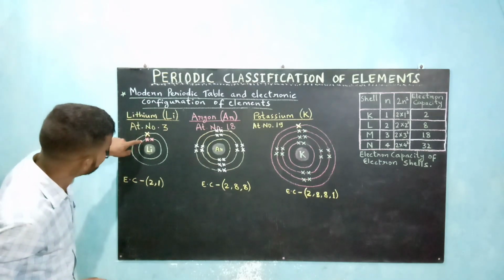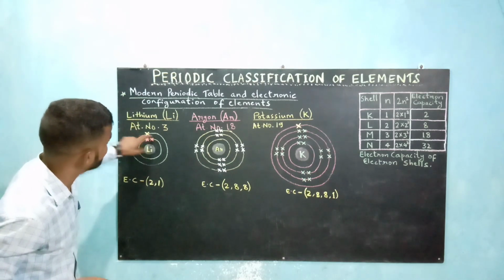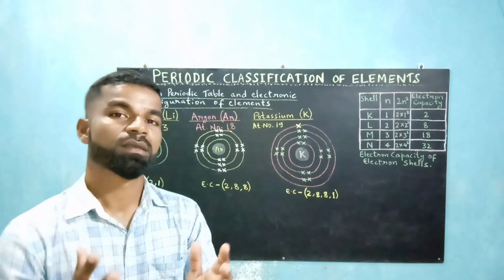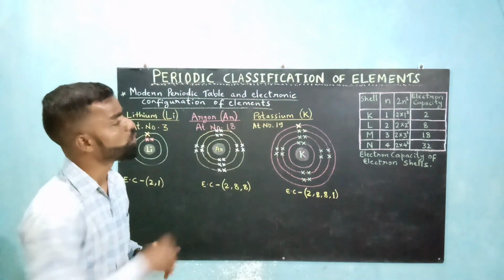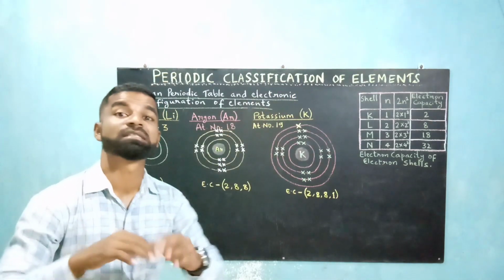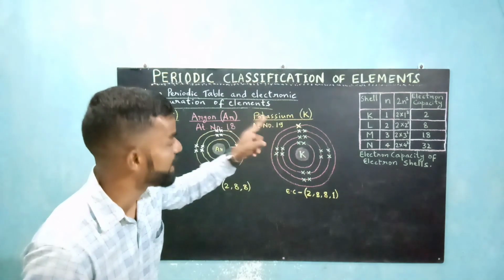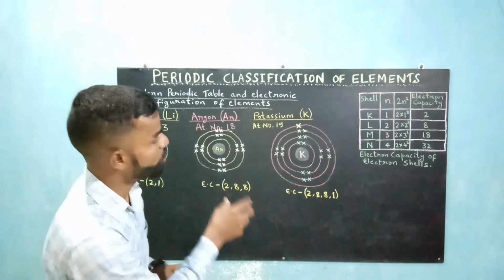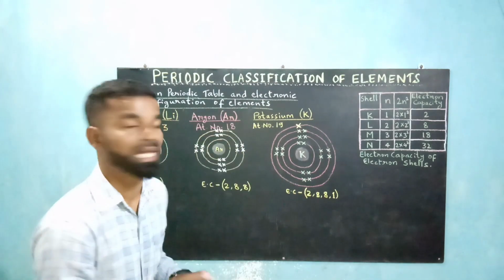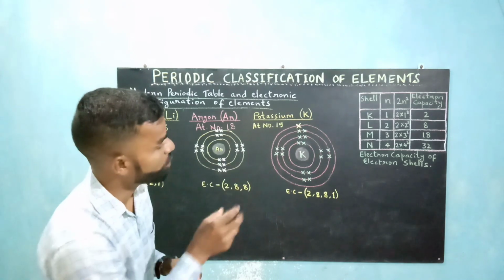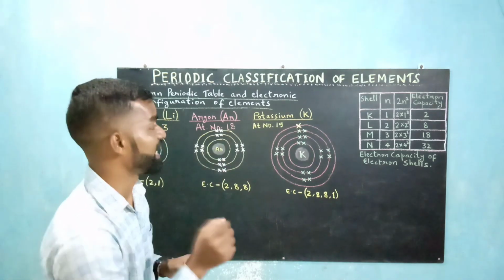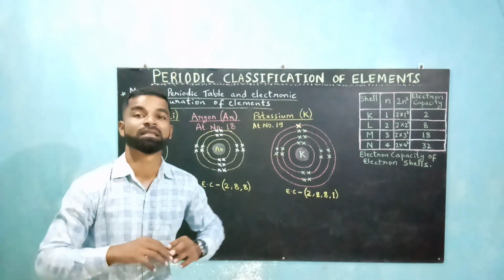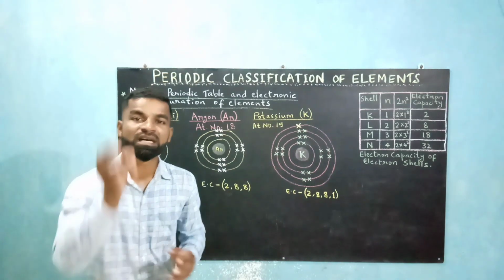You see that there are only 2 electrons placed in the first shell. Why not directly 3 in the first shell? Because the first shell can hold up to only 2 electrons. That is its maximum capacity. The first shell is named shell K. I have shown the table there. The first column shows the name of the shell: K, L, M, N. The second column shows the number of the shell: first, second, third, fourth. And the third column shows the formula by which we can determine the maximum electrons the shell can hold.